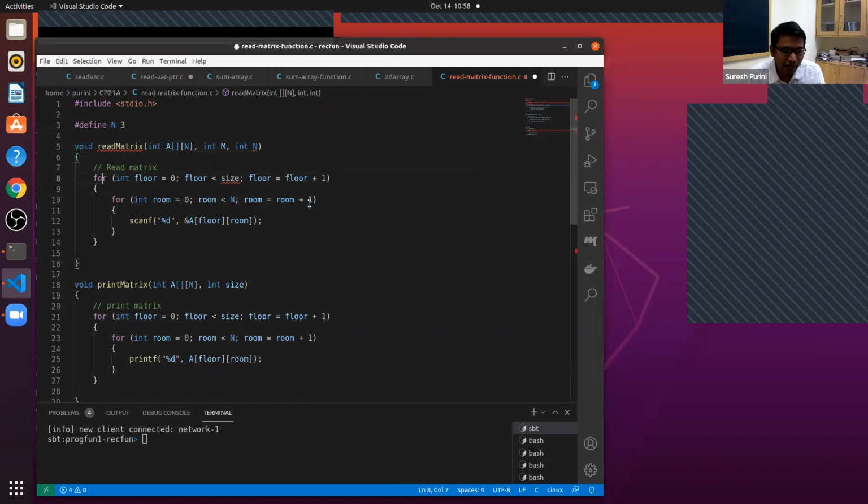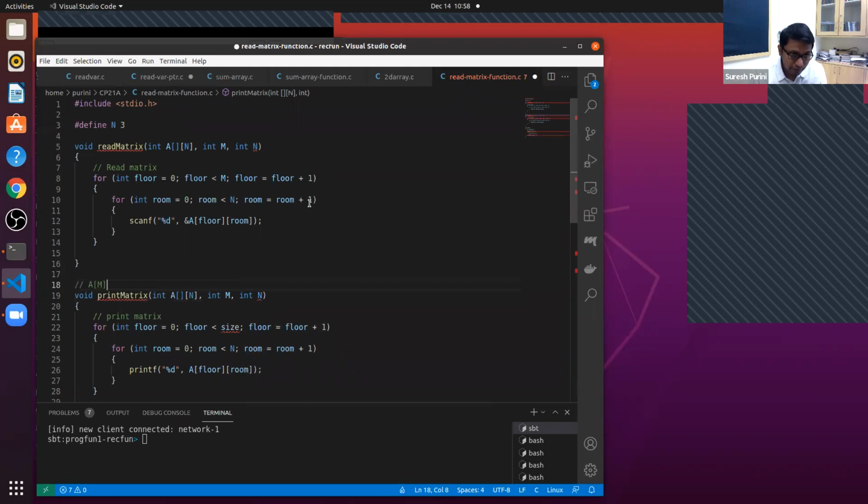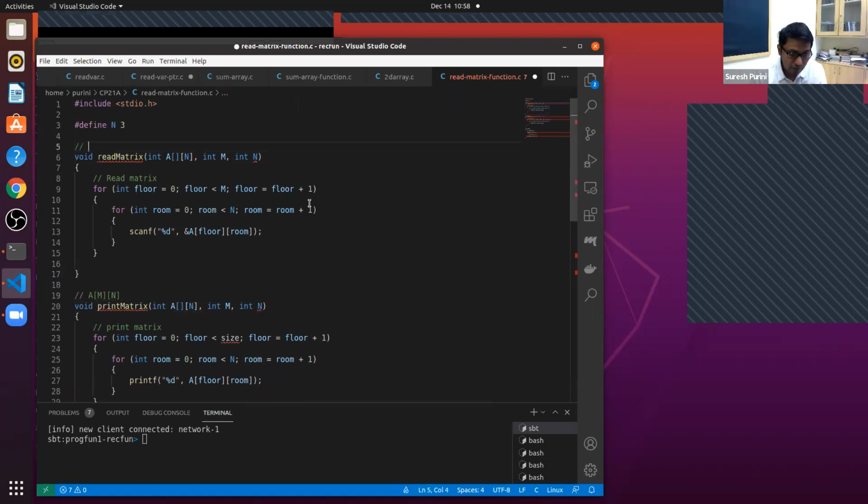So a better way to pass this is with a signature like this, where m is the first dimension value and n is the second dimension value. Similarly here, and we are looking at a of m n. So this is the dimension. So we are looking at an m cross n matrix.